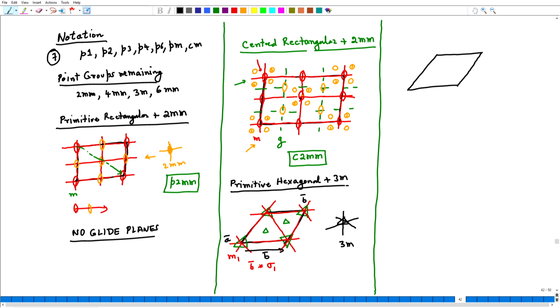The lattice translation B is at an oblique angle to the mirror M1, and therefore, it should produce a glide plane. Now, how does it produce a glide plane? So, focus on the translation B. Now, this translation B can be decomposed into 2 components. There will be this component, which is the perpendicular component,